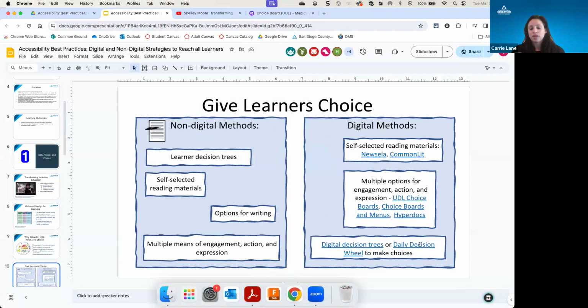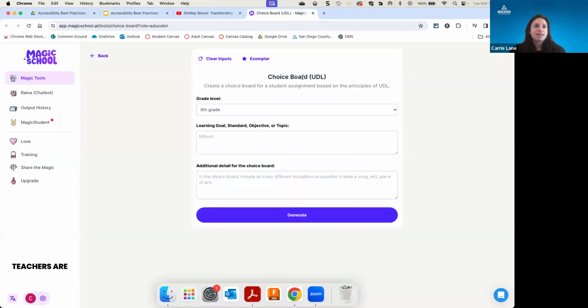this daily decision wheel allows students to put all the choices that they have to make in the app, and then it just spins a wheel for them and helps them to choose. So let's look at this